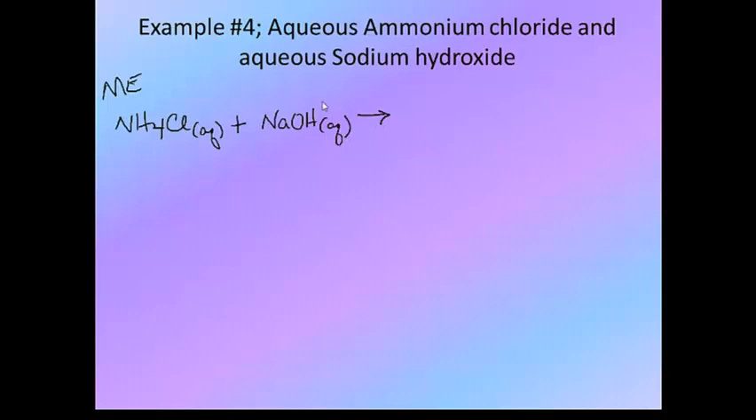Alright, there are my 2 reactants. It's a double replacement reaction. I have an ammonium salt and a strong base, so I am going to have a gas producer. I am going to get a salt, and I am going to get what I think